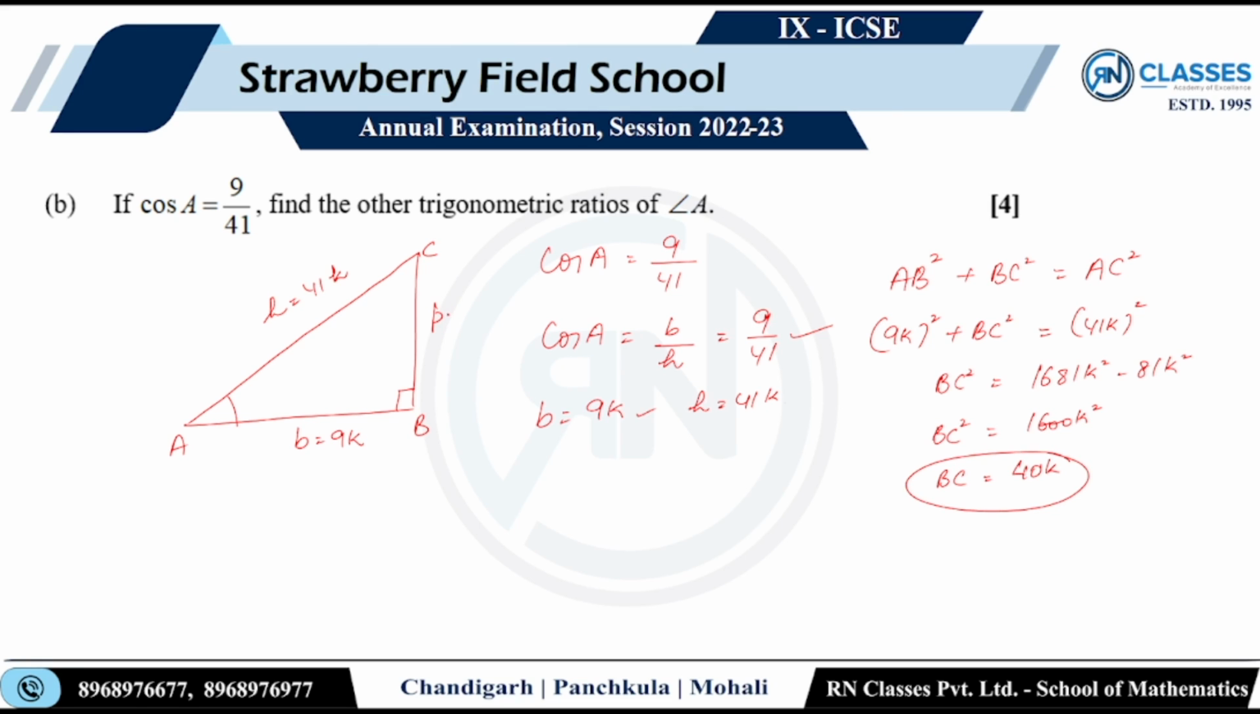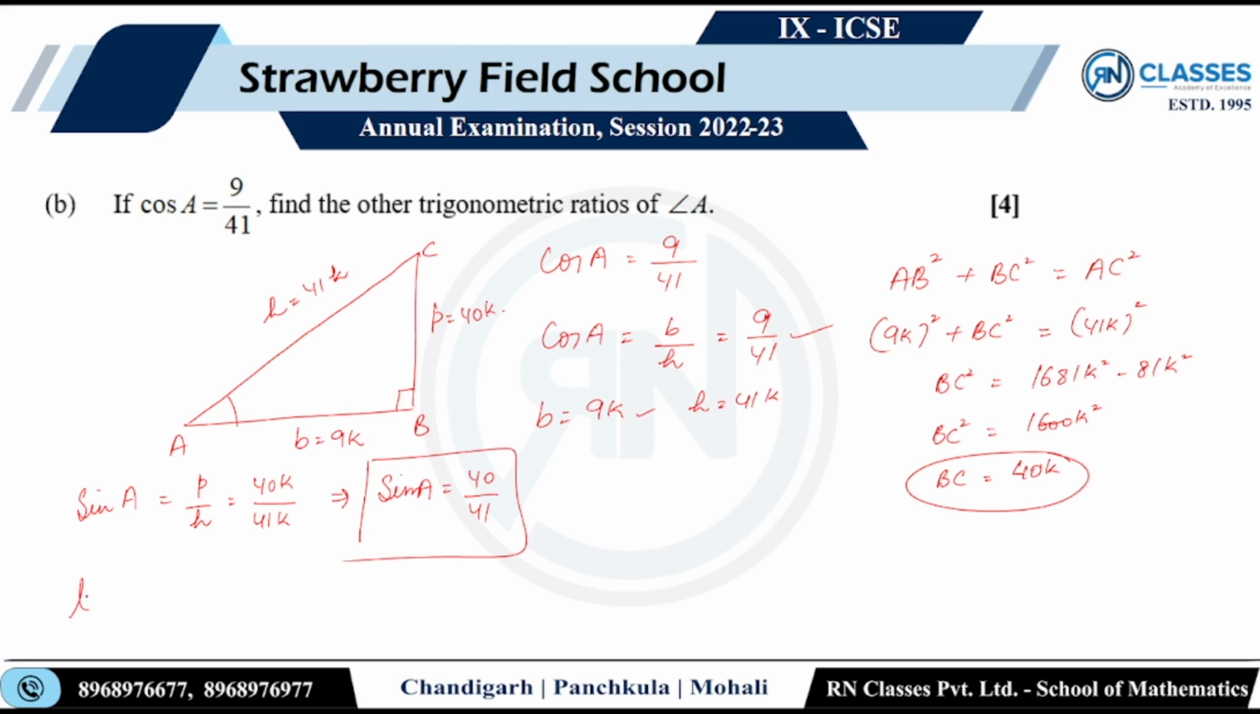BC मतलब कि परपेंडिकुलर मेरे पास आ गया 40k। सबसे पहले हम स्टार्ट करेंगे साइन ए से। सो साइन ए वुड बी परपेंडिकुलर बाय हाइपोटेन्यूज, ठीक है। सो 40k बाय 41k। सो साइन ऑफ ए इज नथिंग बट 40/41।